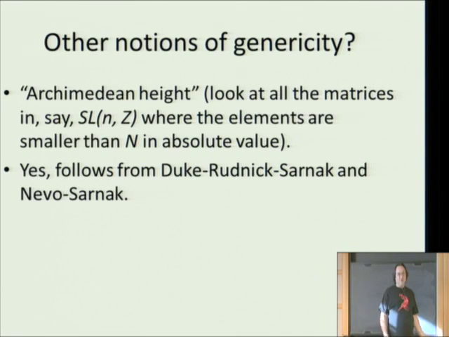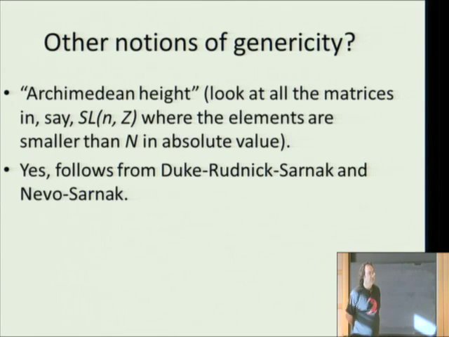Because notice, of course, you can write down random integer matrices and see if the determinant is 1, but that might take you a long time. So I know of nothing resembling an efficient algorithm to do this. This is a very interesting algorithmic problem, I think, but that might require a lot of number theoretic understanding. So this experiment I could not do for the Archimedean height. I think for SL2Z one can do it, but above that,